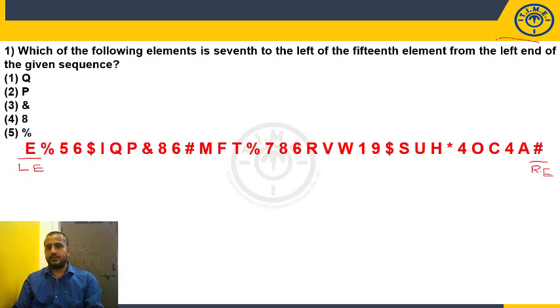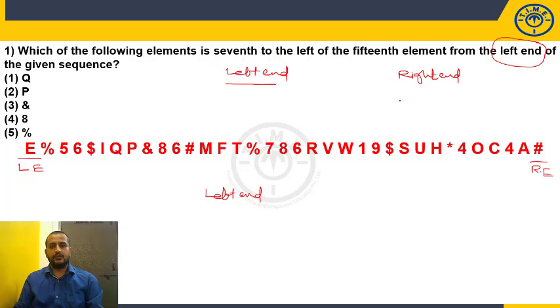In every question, you will be given a base. Either you should start counting from the left hand or you should start counting from the right hand. Definitely they will give you in the question. Here it is based on the left hand, but you may be given the right hand also. So you will be given 2 points: one is a question based on the left hand and the other is a question based on the right hand. Whatever base they give you, left hand or right hand, take that element as it is. So take that 15.